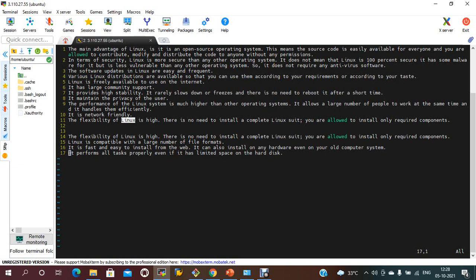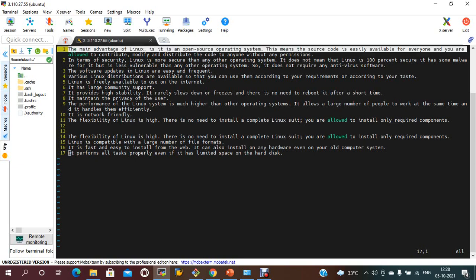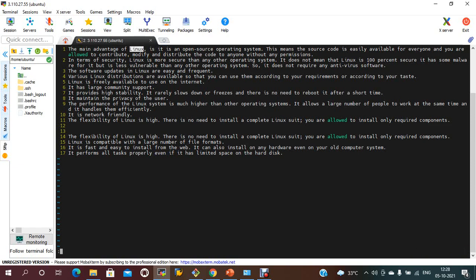The command is colon percentage s, slash old word Linux, slash new word Unix, slash g. Globally, wherever Linux is there, it will be replaced with Unix.